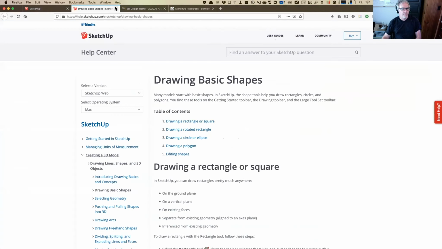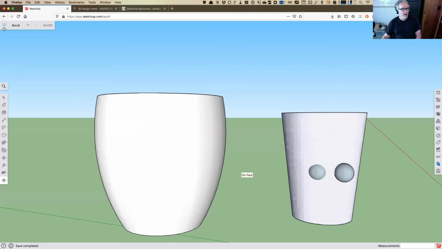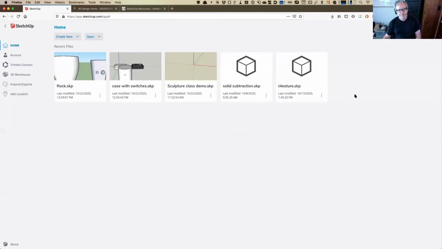I'm going to jump back to the intro page to SketchUp. All right. And the intro page looks like this. If you see me looking over to the sides, it's because I've got my notes over on the other monitor. I've already done this once today. So